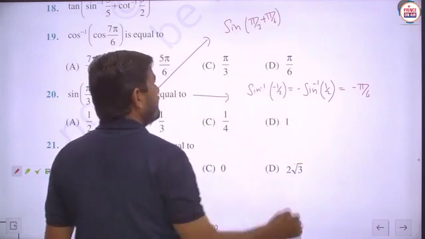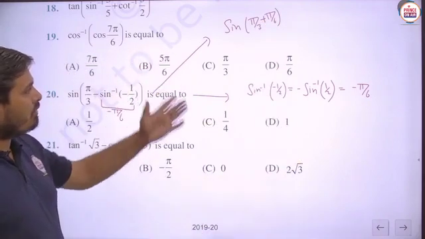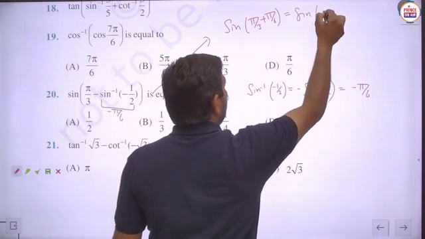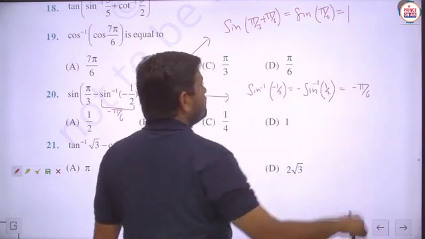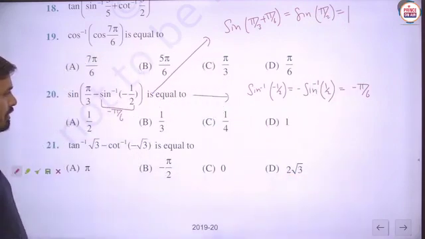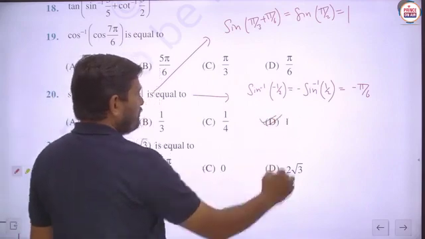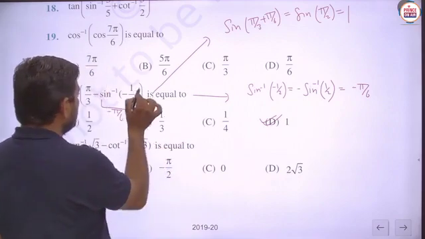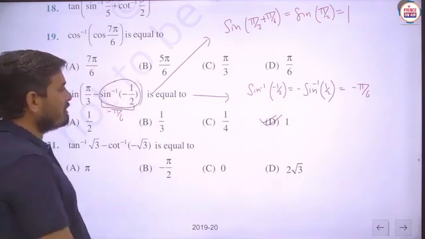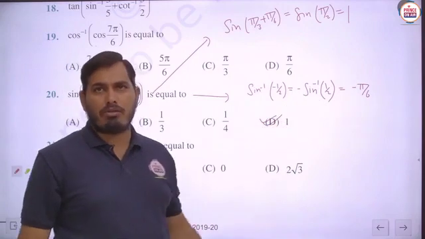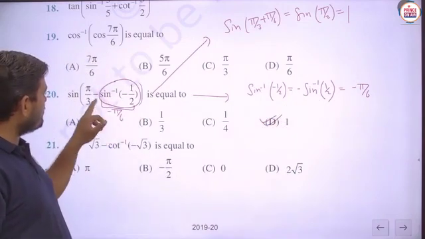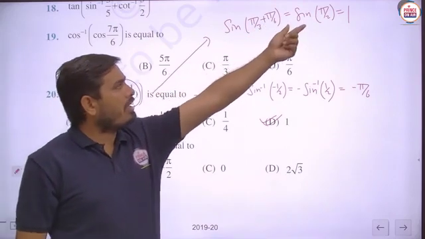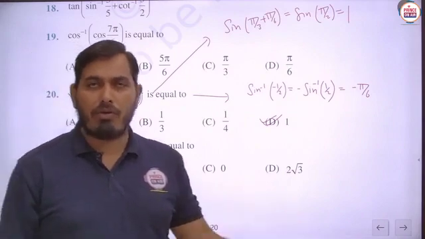Now you can take the LCM, which is 6. So it will become 2 pi plus pi, so it will become sine pi by 2. Then the answer is obtained as 1. So definitely you can check that option D is the correct answer here, because the question is simplified in a very simple way. Firstly we just simplify this part, then easily you can get the answer. Putting the value as minus pi by 6 here, minus into minus will become plus. So pi by 3 plus pi by 6, when added, will become pi by 2, then sine pi by 2 will give the answer as 1.